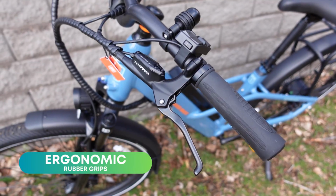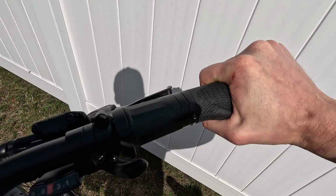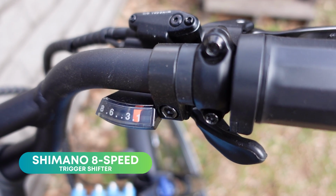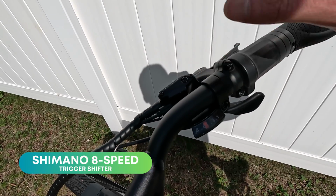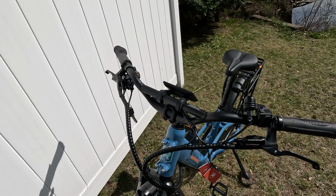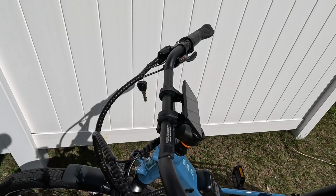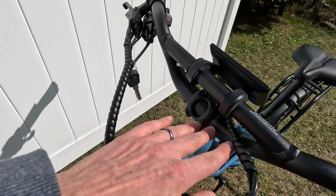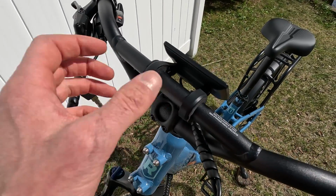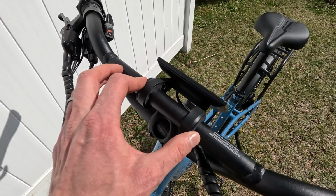We have locking ergonomic rubber grips, left and right, a right-hand twist grip throttle, a Shimano 8-speed trigger shifter compared to the overhand thumb shifter that we typically see. They include a bell. We have these really unique handlebars. They're swept-back handlebars. They have a little bit of a BMX style feel to them with this rise here, but that makes this bar flat, which allows you to mount some accessories as well as the Rad Power Bikes display